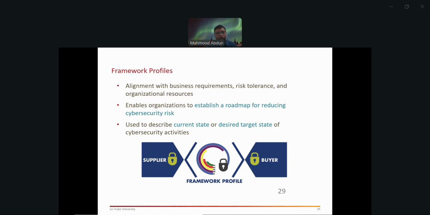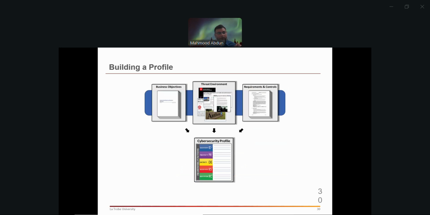That's how you bring this together in a single profile and then say that this is what we need to achieve. So what comes into the risk profile? You bring in your business objectives, the requirements, the threat environment, so you know what kind of threats are affecting your business, and then you know what the requirements and the controls are.